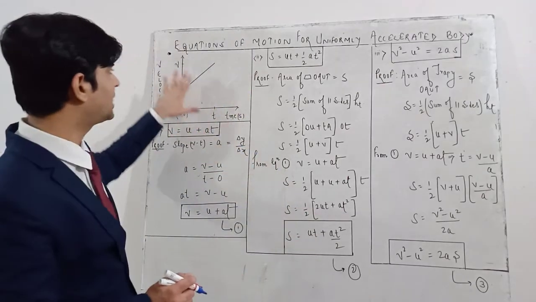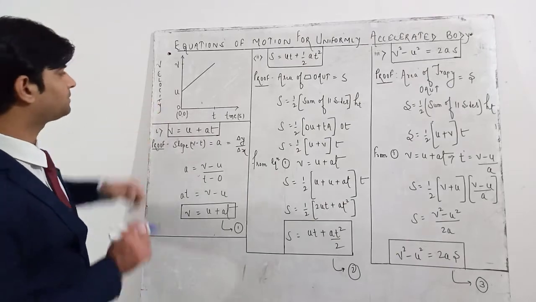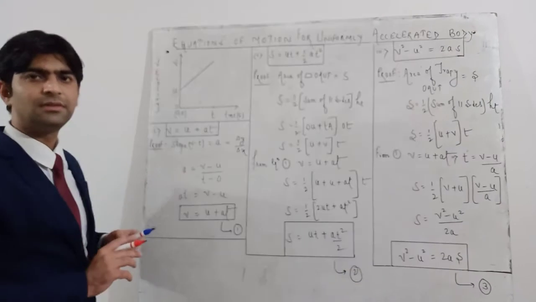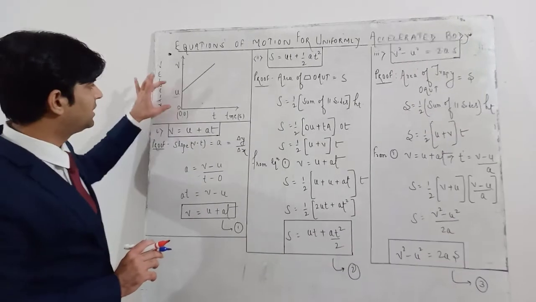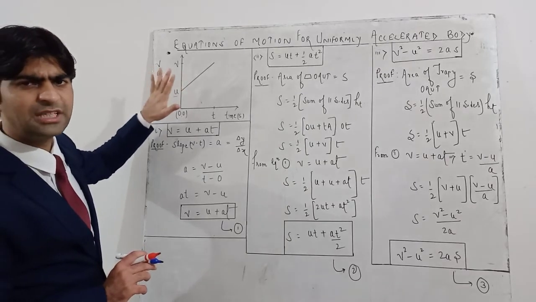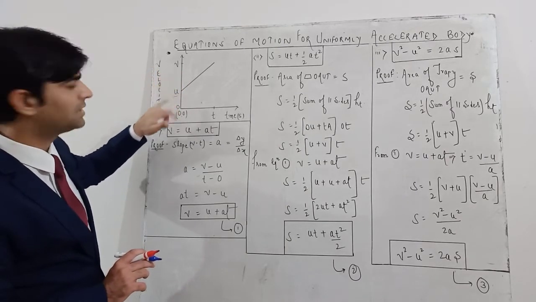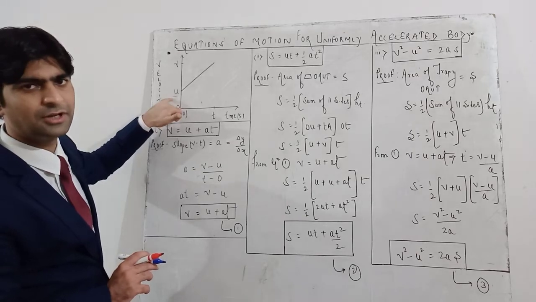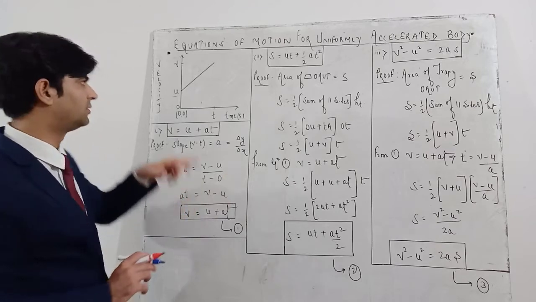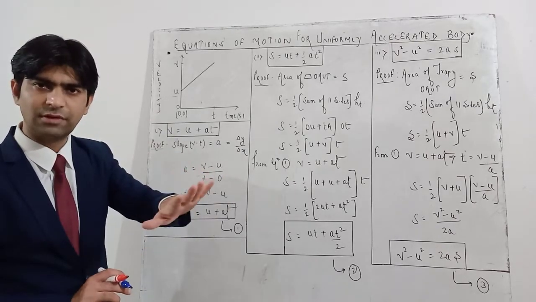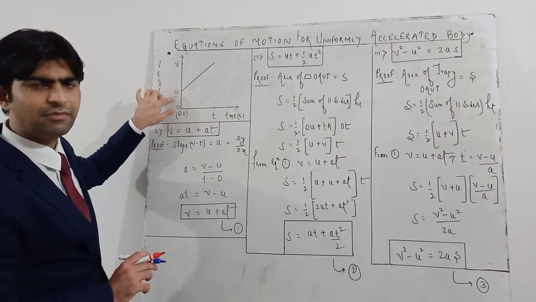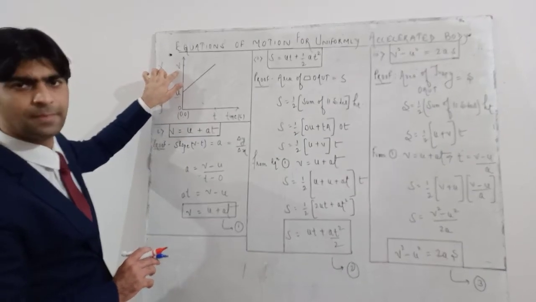So this is the graph that I have drawn. You can see here, this is the initial velocity. I have not started the graph at the origin. That means it has started just above the origin, so this body is moving with a certain initial velocity, that is u. I have not considered the initial velocity to be 0. Maybe in some numericals you may get initial velocity to be 0, but here I have not taken it to be 0. U stands for initial velocity and V stands for final velocity.